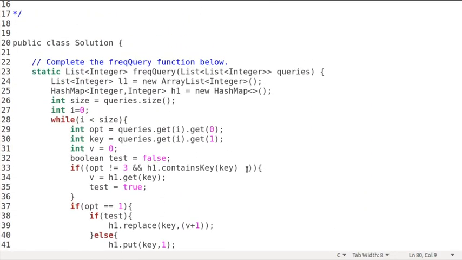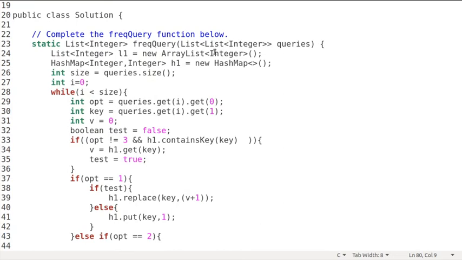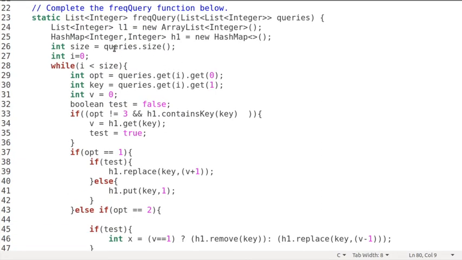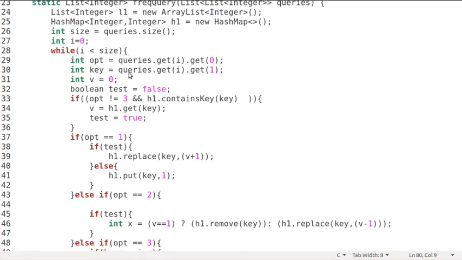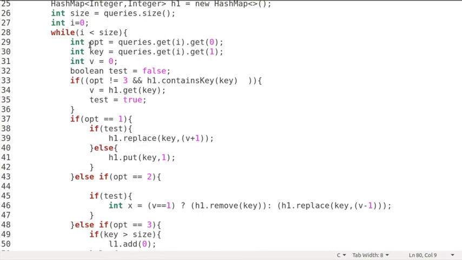So now we will see the code here. So as you can see, this will be given in our code. So I have created one HashMap H1, and now size with queries.size will get the size of the queries, means number of queries we are getting, and then I will initialize the i. Now I'll check if i is less than this size,